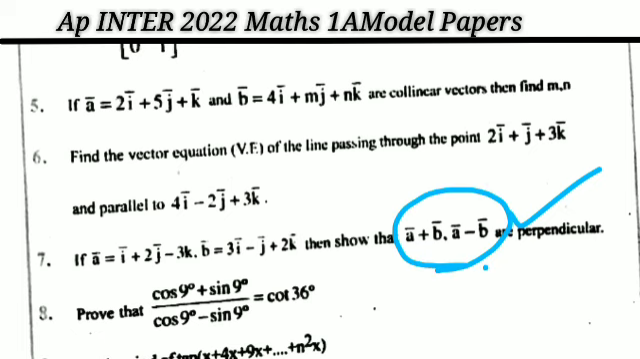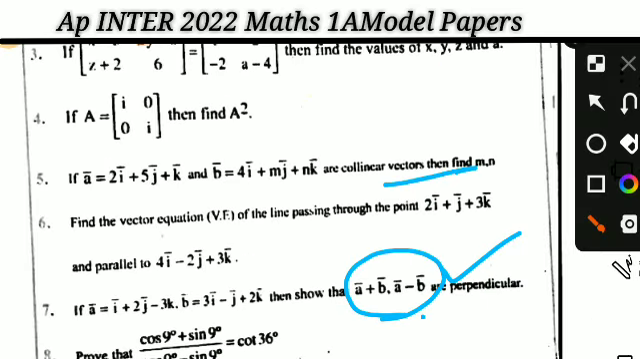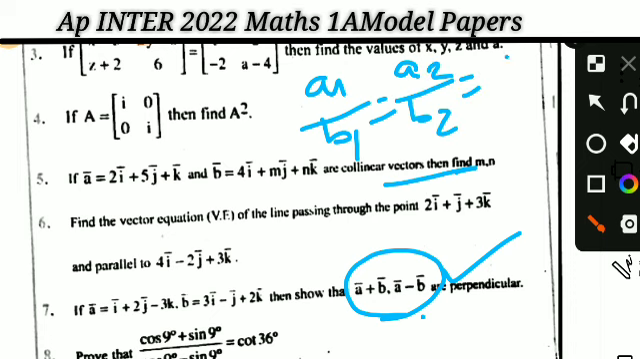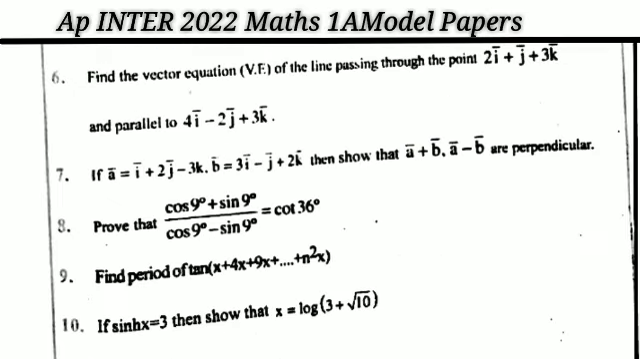What is the collinear vectors formula? a1 by b1 is equal to a2 by b2 is equal to a3 by b3. This is the condition for the collinear vectors. Okay. Prove that cos 9 plus sin 9 by cos 9 minus sin 9 is equal to